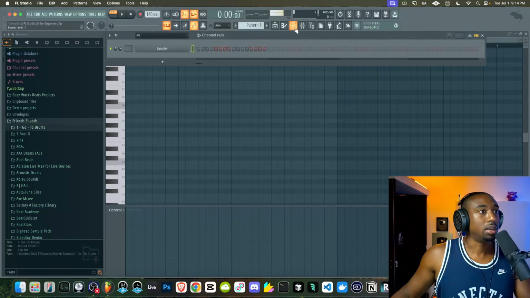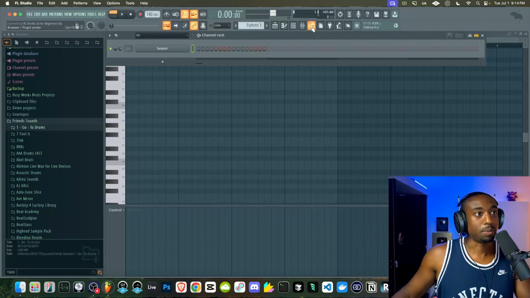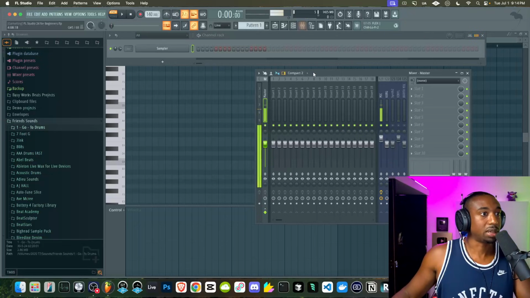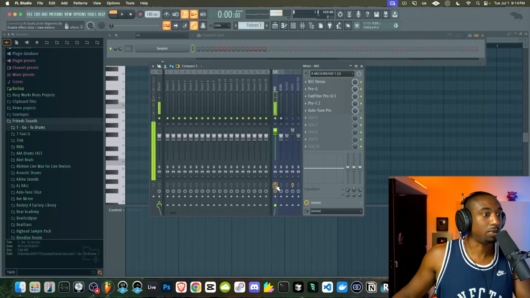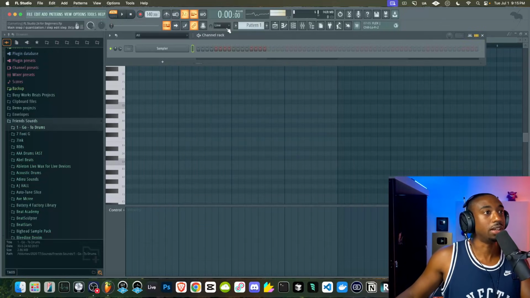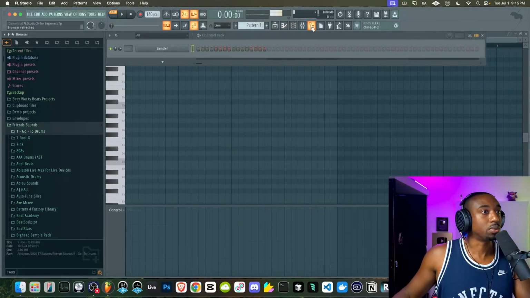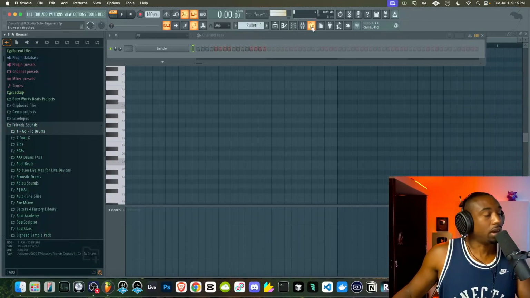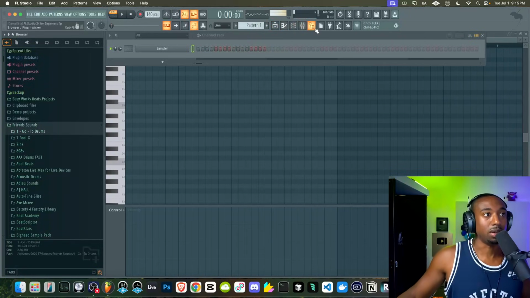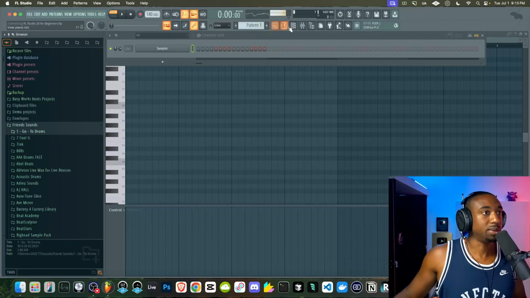Next, if you click this 3rd button here, this is the channel rack. This is where we add our drum sounds for the most part. This button here is called the mixer. This is where I can turn off effects on my vocals, or redo effects or whatever. You could do that in the mixer. And over here is called the browser, where we find sounds. So just focus on these 5 buttons. Whenever you're confused about FL Studio, it comes down to these 5 buttons. Everything else is really just there.